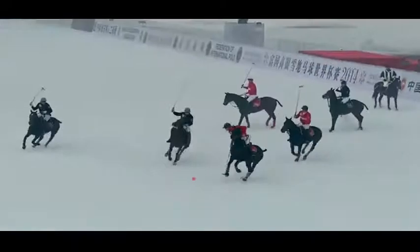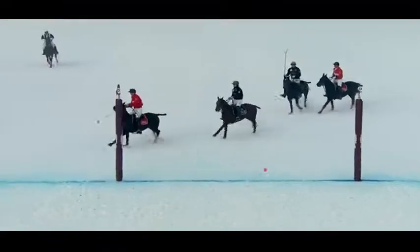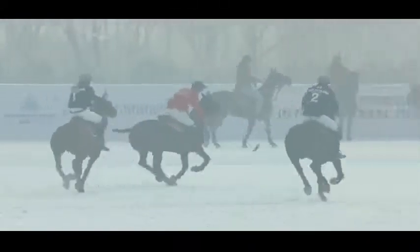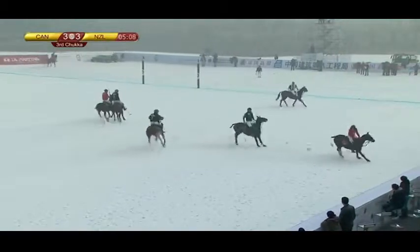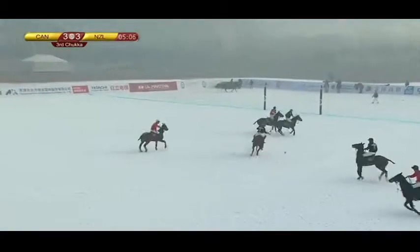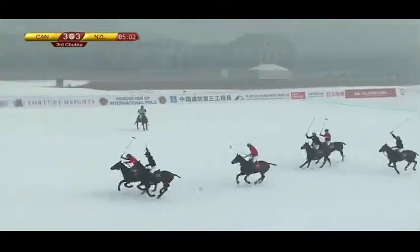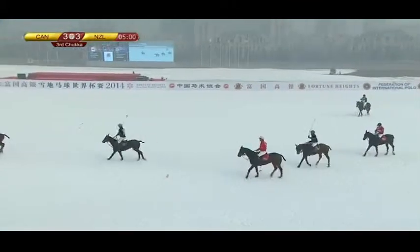Have a look at this here. So we've got Phillips just running it in. Cool as a cucumber. Very, very relaxed. Oh, sorry. It was Robert Stenzel, the replacement, the number 1, running that goal in. So a great goal there for Stenzel. And now a back shot there by Stenzel again, having a very good chukka. But then as I say that, I've put the kibosh on him, and he's fouled as he was going back